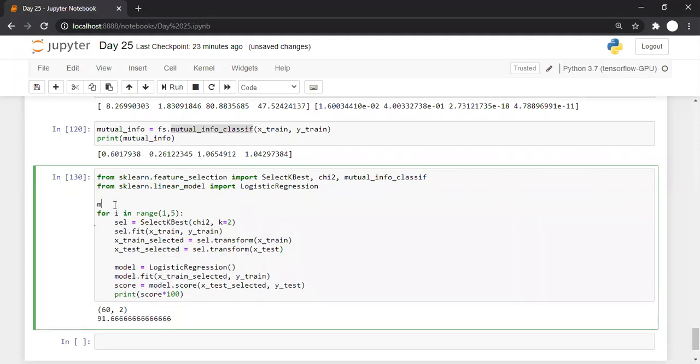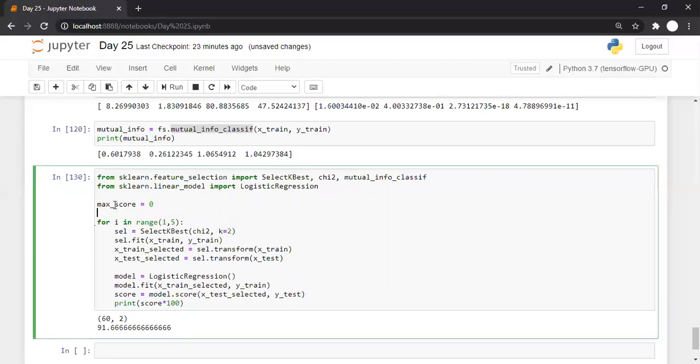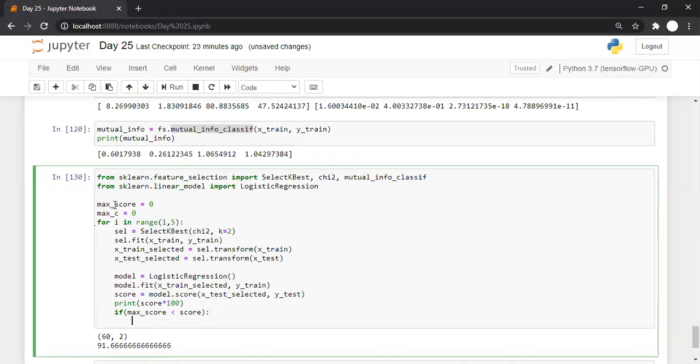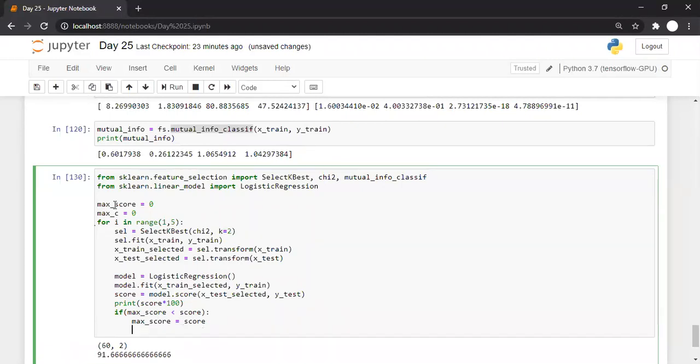Then we will have variables like max_score is equal to 0, and max_c is equal to also 0. And we are simply doing something like this. If max_score is less than score, then we'll change max_score to score, and we'll change max_c to i.